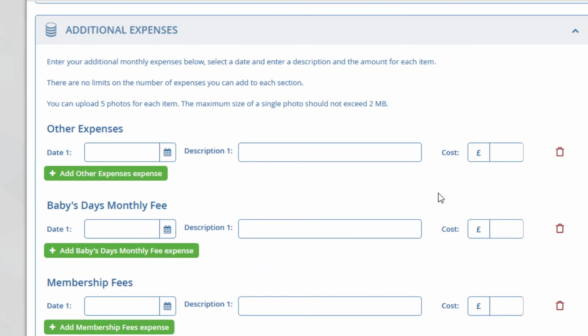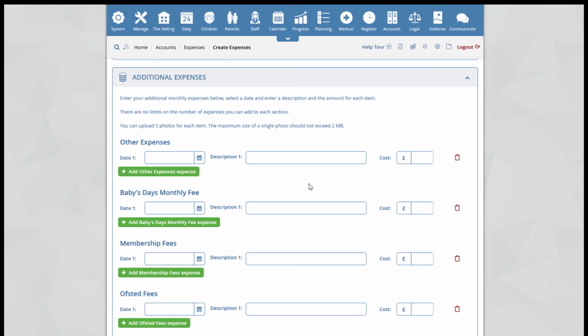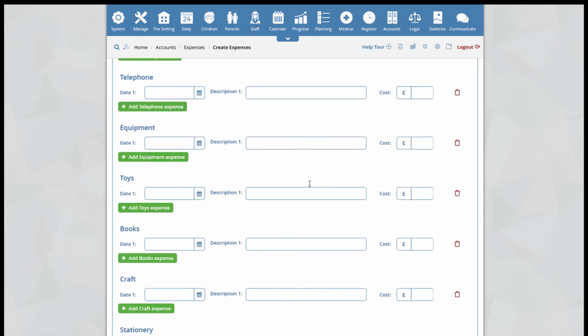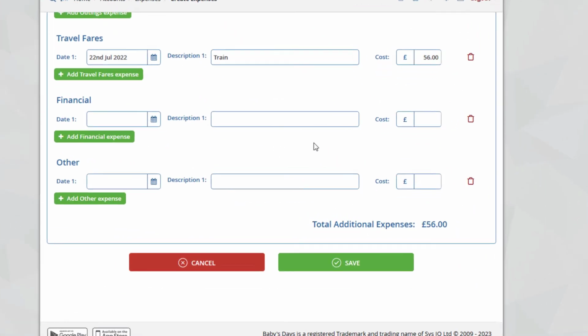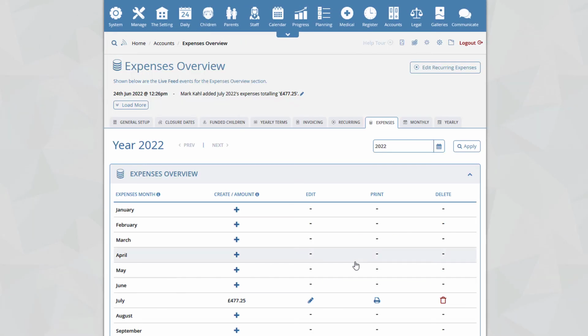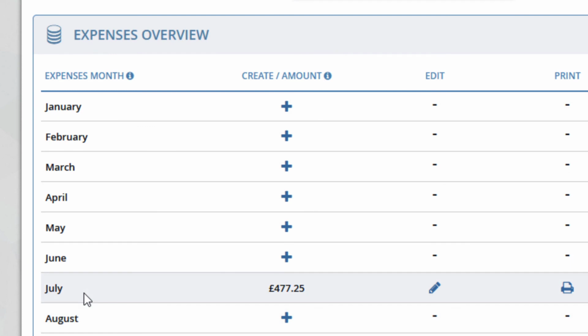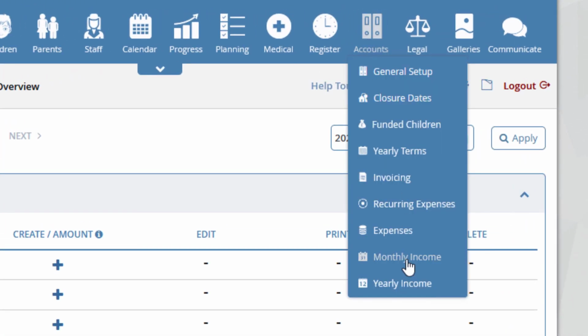Within the additional expenses section, you can now proceed to add any additional expenses. Each time you add an expense, the total cost will be calculated and displayed at the bottom of the page. Once you have finished your expenses, click on Save at the bottom of the page. You will now see for July we created our expenses at 477.25. Now if we go back to the monthly income section